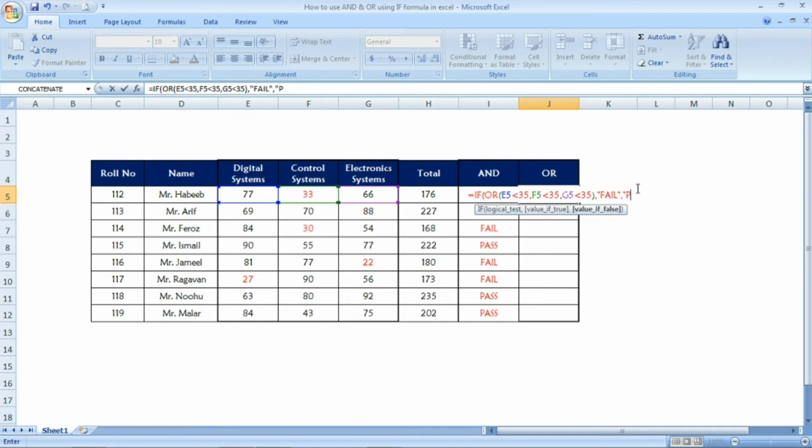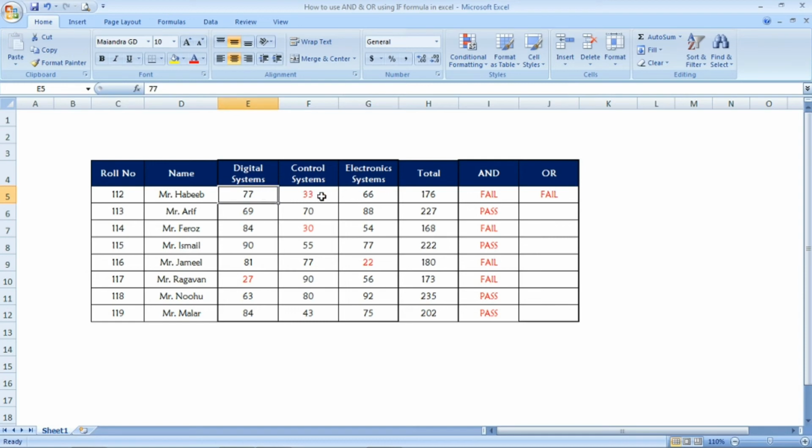The OR condition means that if any one of the given conditions is true, it gives the result as fail. See, the second mark is less than 35, so one of the conditions is true, and the result we want in that case is fail, which we have given first, so we are getting fail as the result.